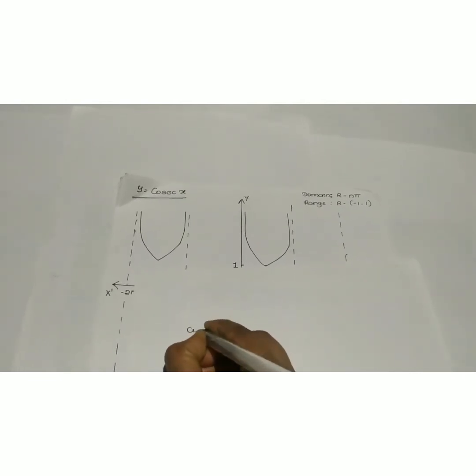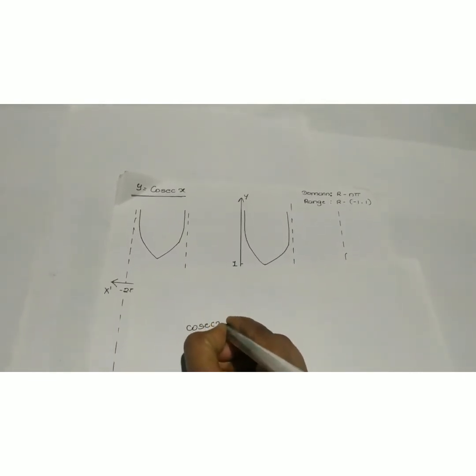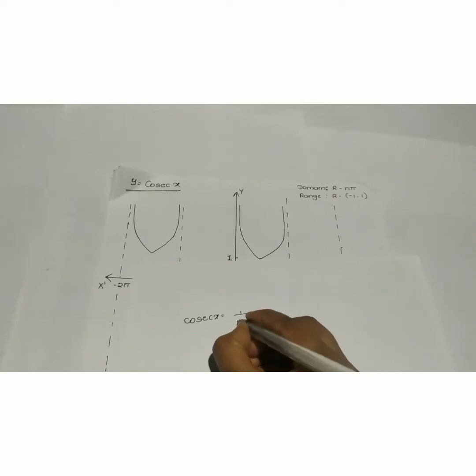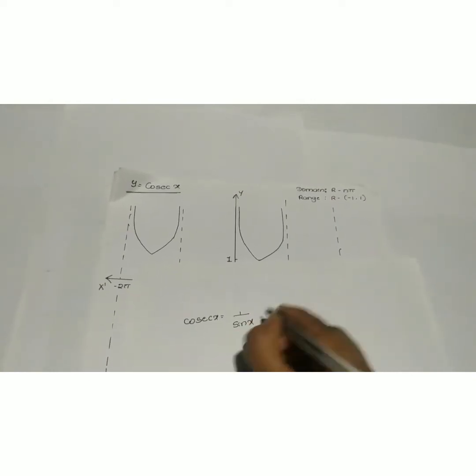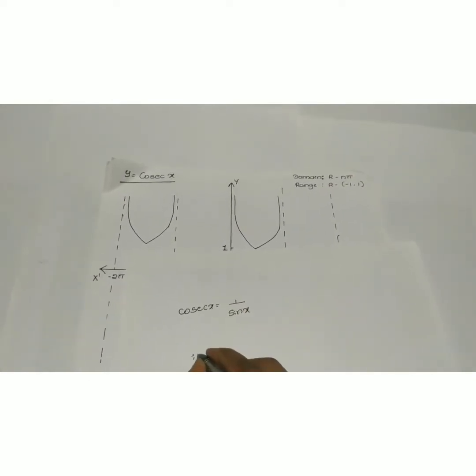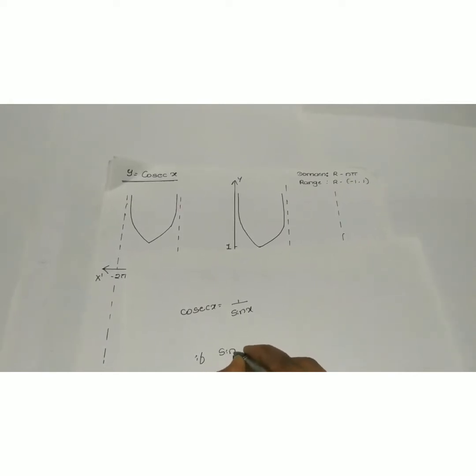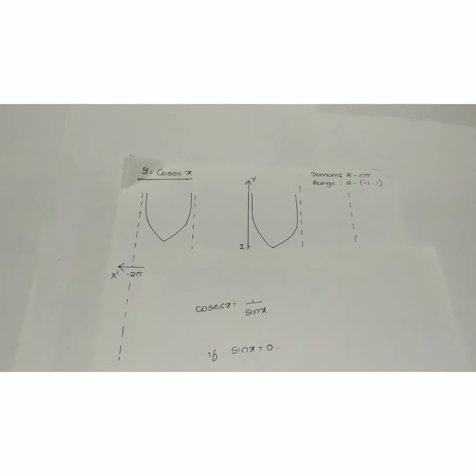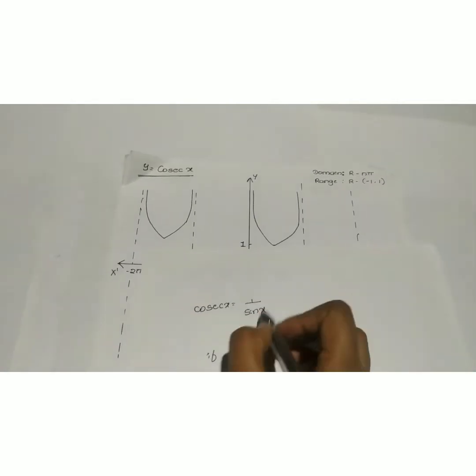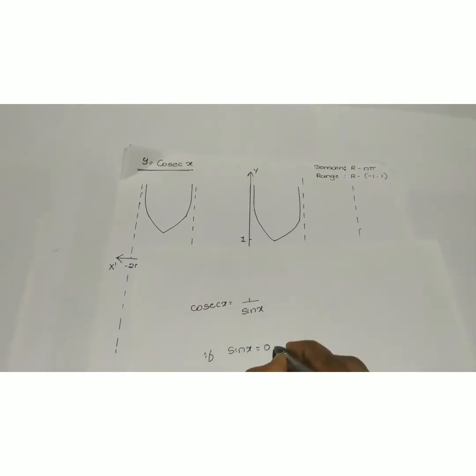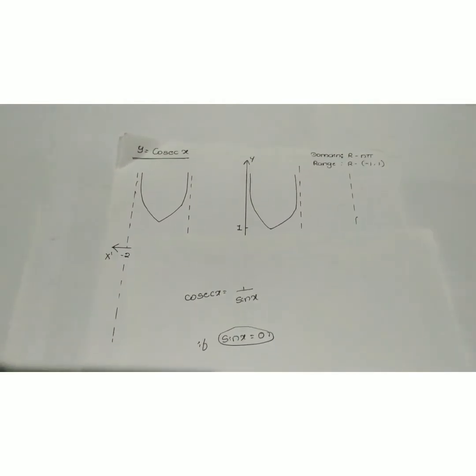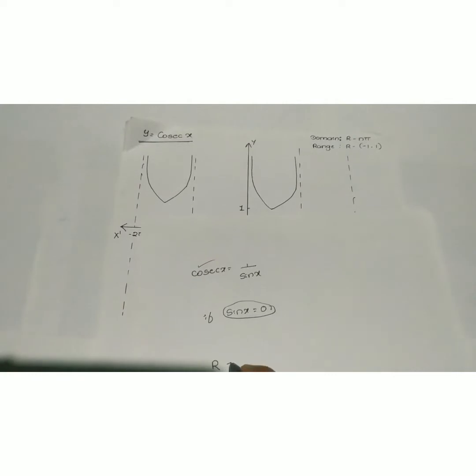It means cosec x is the reciprocal of the sine function, 1 by sin x. If sin x equals 0, then 1 by 0 is infinity. The function is not defined at sin x equal to 0. So domain of the cosec function is all real numbers